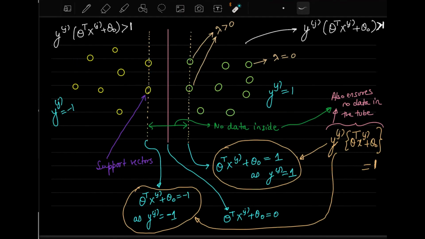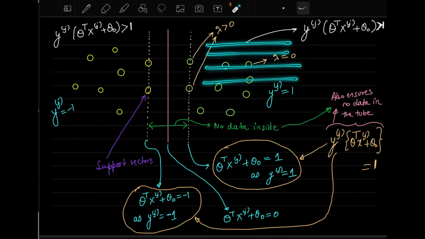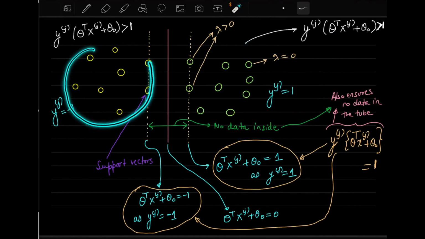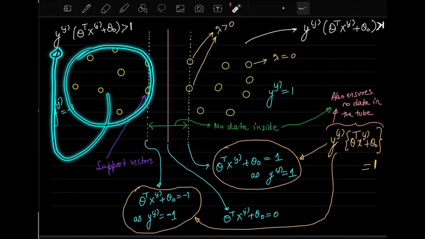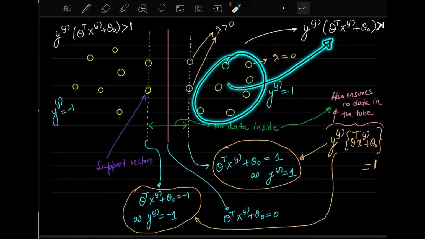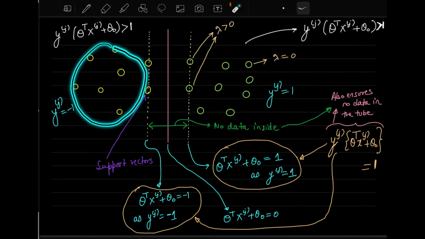The second thing is the regions. If you see this region here, it satisfies this constraint. You can check back yourself also. This will satisfy this constraint, and for this region, this will satisfy this constraint. Sorry, not including these points. Only these points will satisfy this region, and this particular thing will satisfy this constraint.